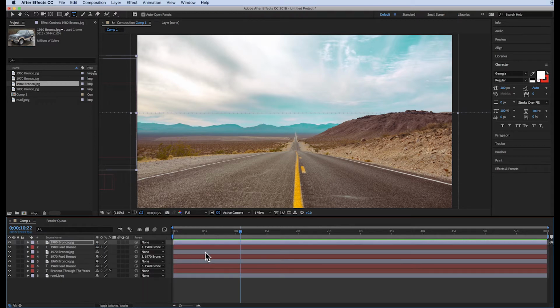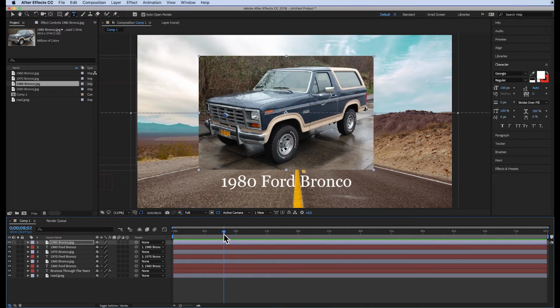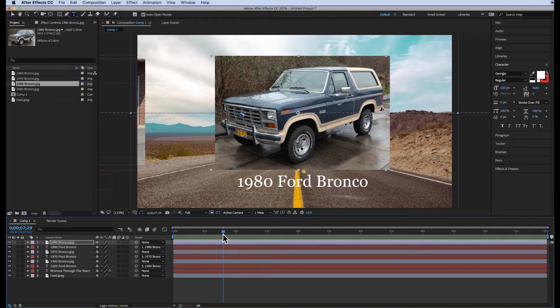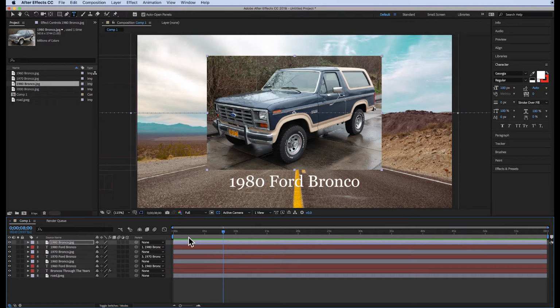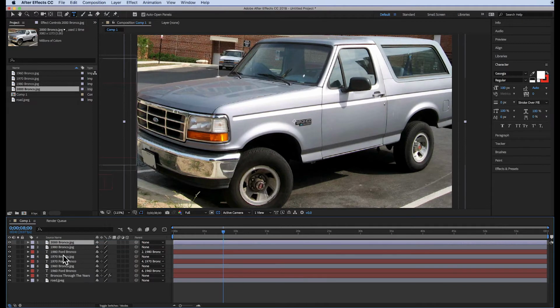So let me go through this one more time for you. I want this about in the middle, so this should be at about 8. I'm going to page down so I'm right at 8. It's 8 seconds in. I'm going to get my 2000 Bronco and bring it down and put it on top. I'm going to go to the text of my 1980 Bronco and do a